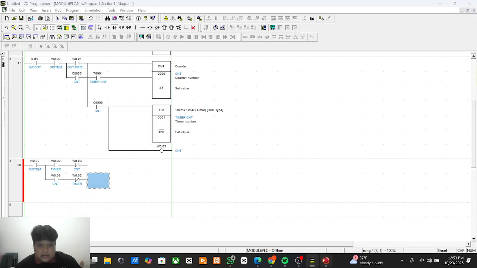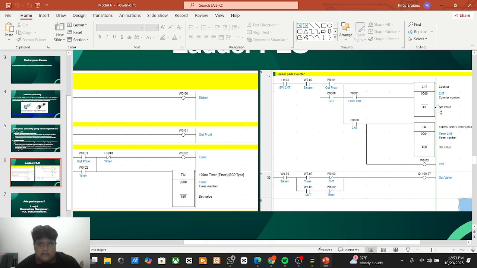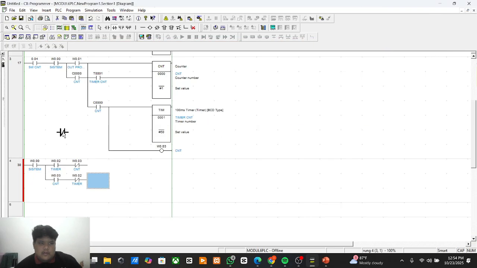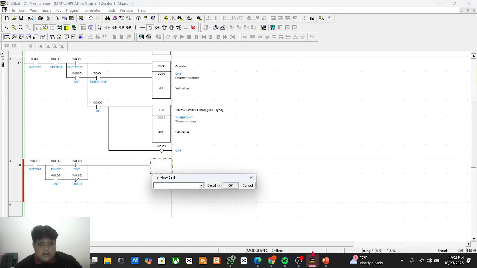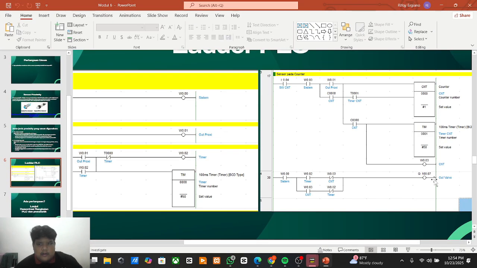Okay, just connect it to the valve to control the valve. For the valve, according to this file, the address is 100.07.